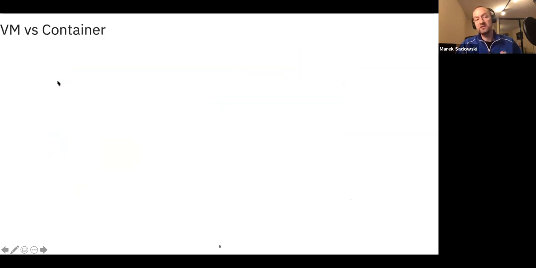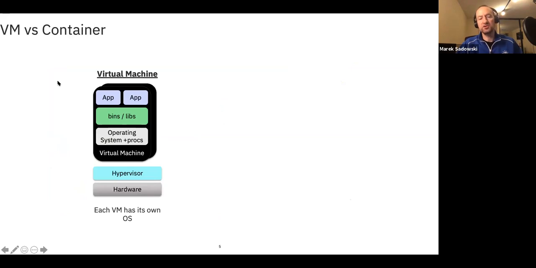And what are the differences between virtual machines and containers? So a virtual machine, as I said, would abstract away the hardware through a hypervisor. When you use a virtual machine, you have to install your operating system, and the operating system needs to have all the patches. So you have to always update the patches for the operating system. Otherwise, your machine might be hijacked by some hacker,